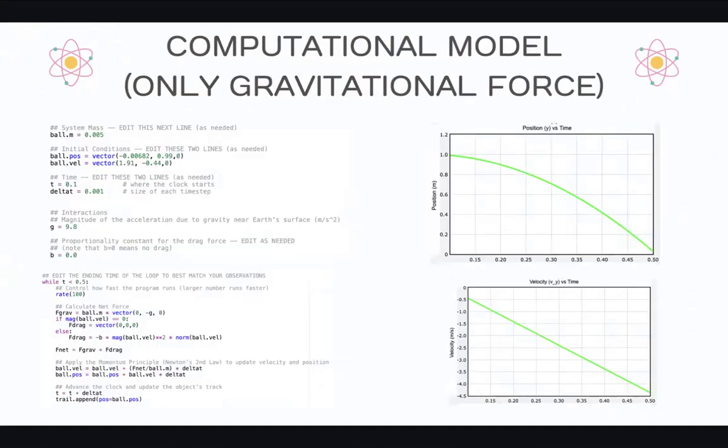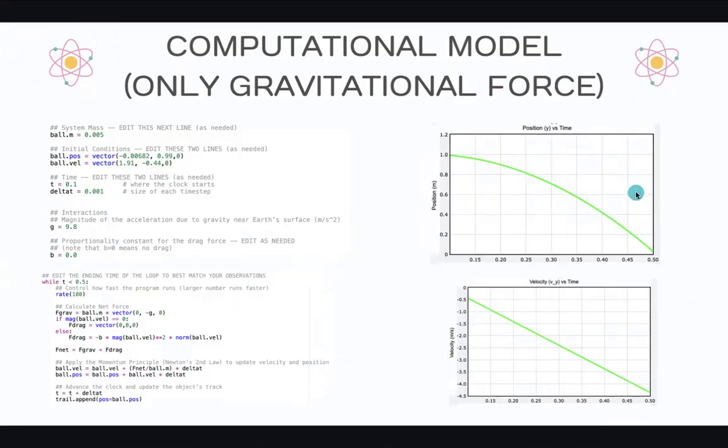The next two slides show the actual GlowScript code and screenshots that I used, including the Tracker-based initial conditions, time step, and force calculations. In this specific slide, the gravity only code, the drag constant is set to b equals 0, so the net force is only gravity. And the graph on the right shows the position versus time and velocity versus time for each model. In the gravity only model, the velocity graph is more linear, which reflects a nearly